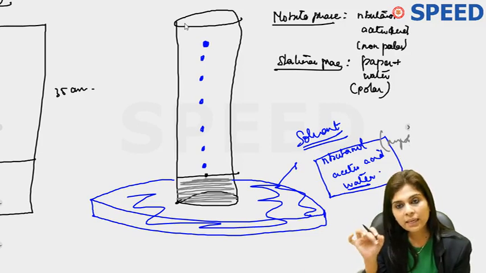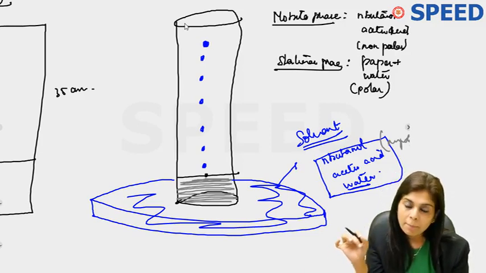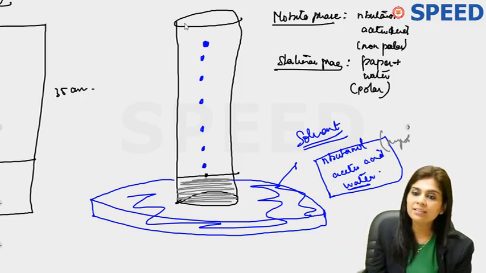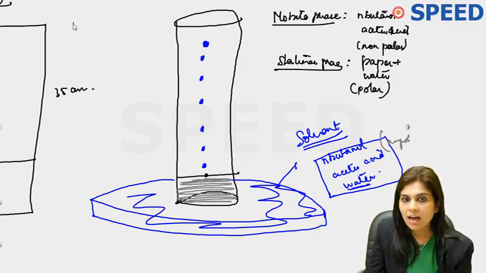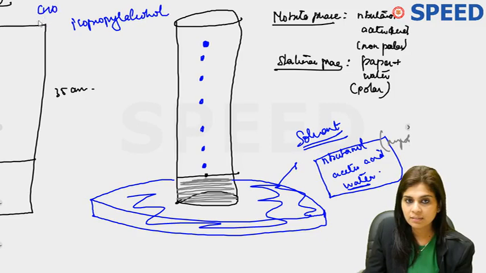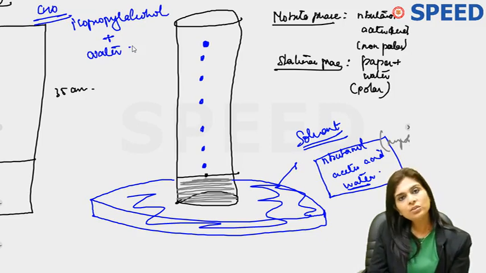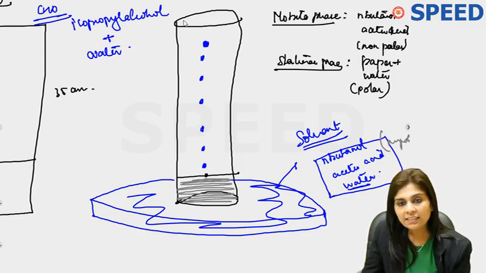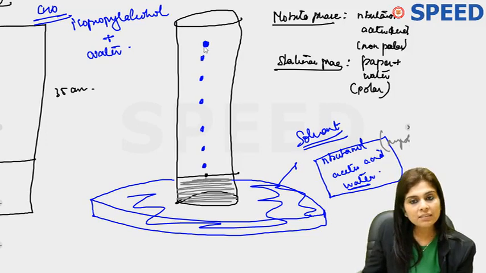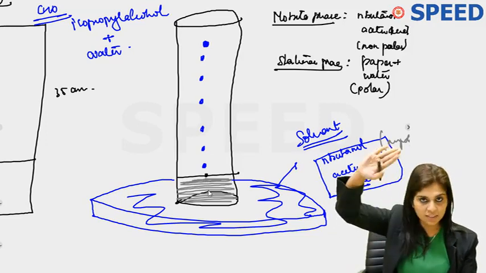And remember, the same paper chromatography can also be used for separating carbohydrates. But if it's used for separating carbohydrates, the solvent that is used is isopropyl alcohol and water. For carbohydrate separation, the solvent that is used is isopropyl alcohol and water. Okay, that's all about paper chromatography. And this paper chromatography is a planar separation technique, because here the separation happens on a planar surface.